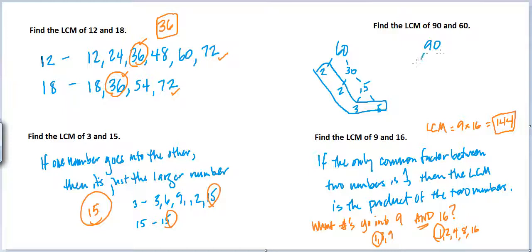Alright, for 90, 2 goes into 90, 45. 2 doesn't go into 45, 3 goes into 45 15 times, and 3 goes into 15 5 times. So 90 is 2 times 3 times 3 times 5. Alright, so now to do this method, what you have to do is you go count which one has the most 2's. There's 1 2 right here, but over here I got 2 2's. So my LCM has 2 2's in it. You take